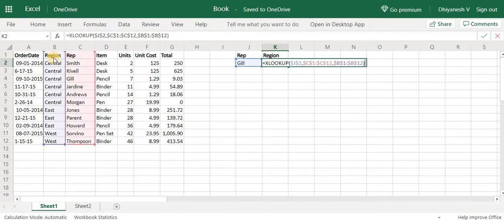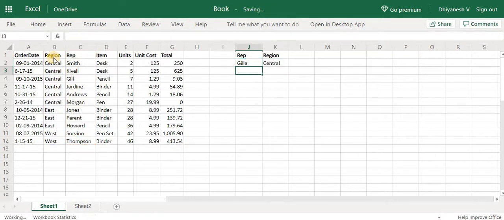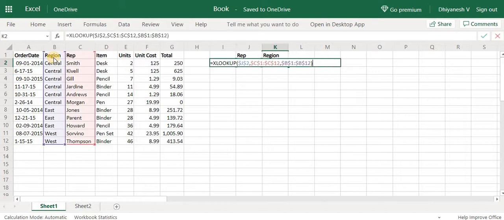And there are so many other options in XLOOKUP to be looked into. That is the fourth argument, if not found. Generally, if a value is not available in the list, we get a not applicable error, the #N/A error. But in this XLOOKUP formula we can give a value if not found.